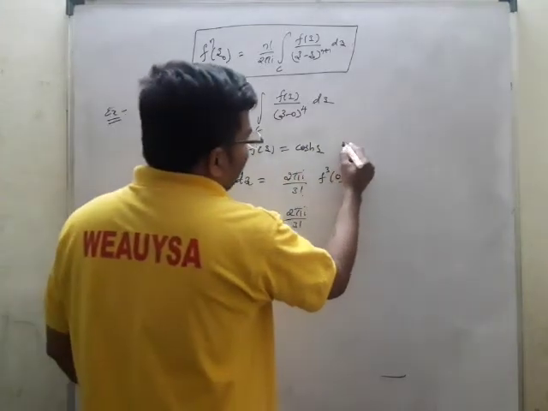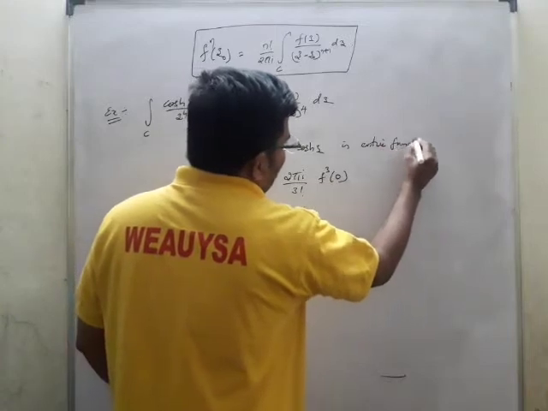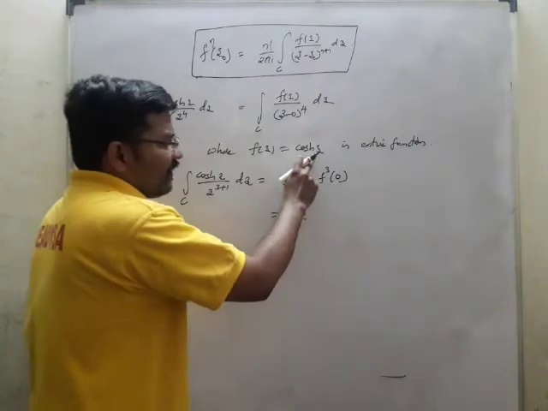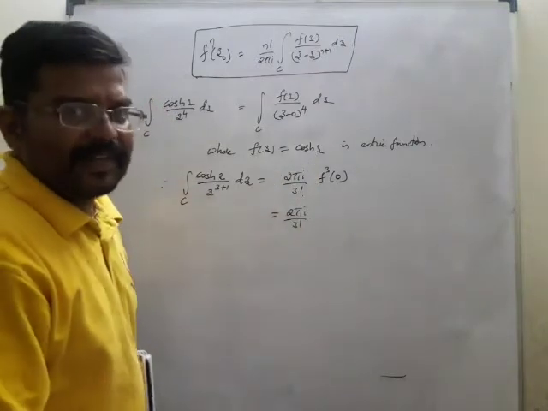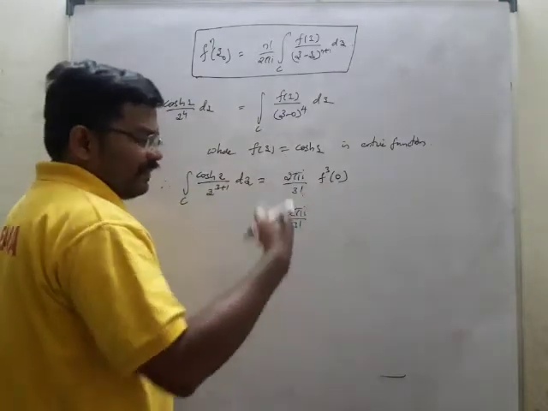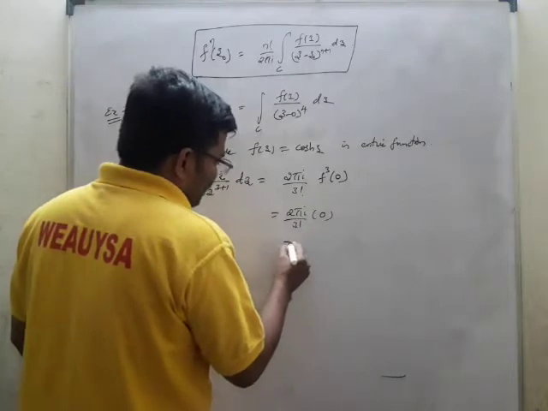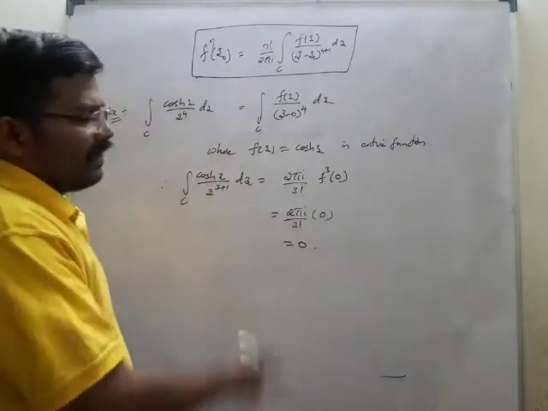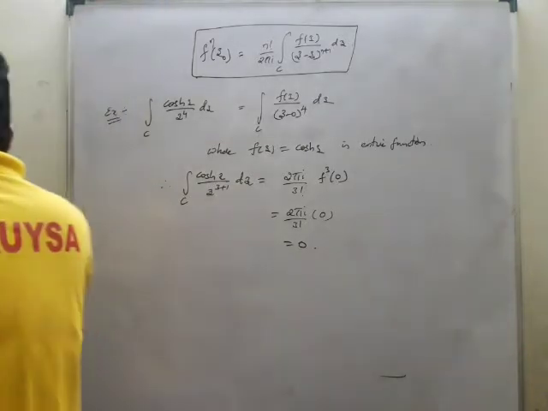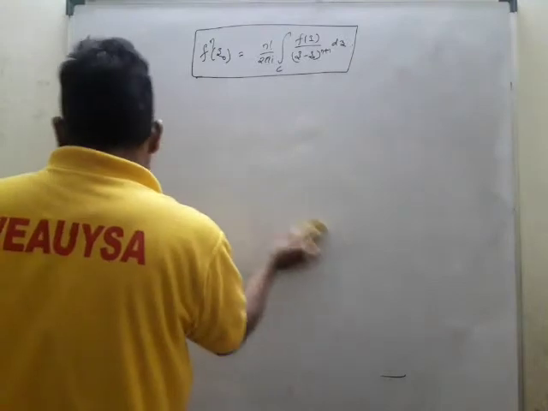This is nothing but an entire function. Cos z is an entire function. So if you put 0 here, that is cos 0, and if you differentiate, the derivative at 0 will also be 0 only. So the answer is nothing but 0. Now this is how we can make use of this formula for one example. Then we'll go for another example and try to solve the problem.